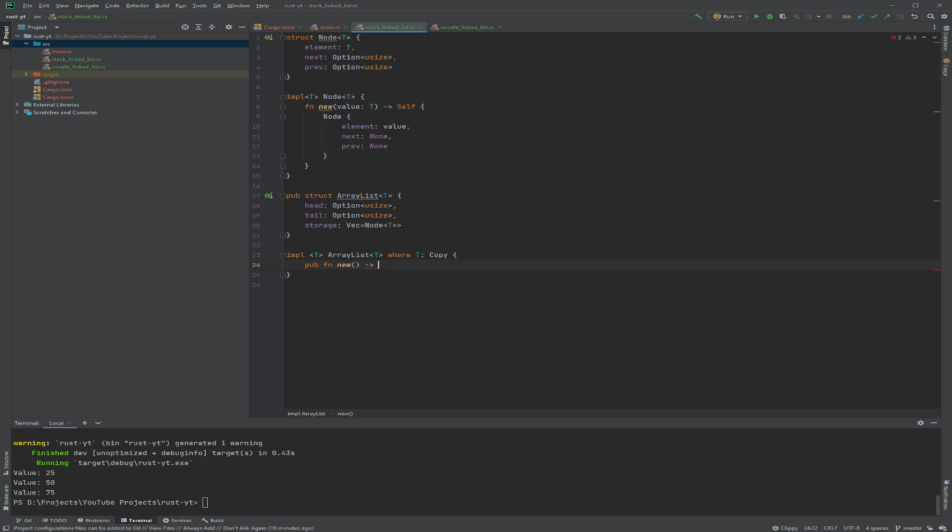Alright, so we create a new... Okay, what the hell? No. Alright. My IDE is going nuts. Alright, so head will be none. This is a good thing with option. Option is just a better way to do null pointers in Rust, because it just means that it either has a value, and if it has, it's going to return the value, or it's going to be none.